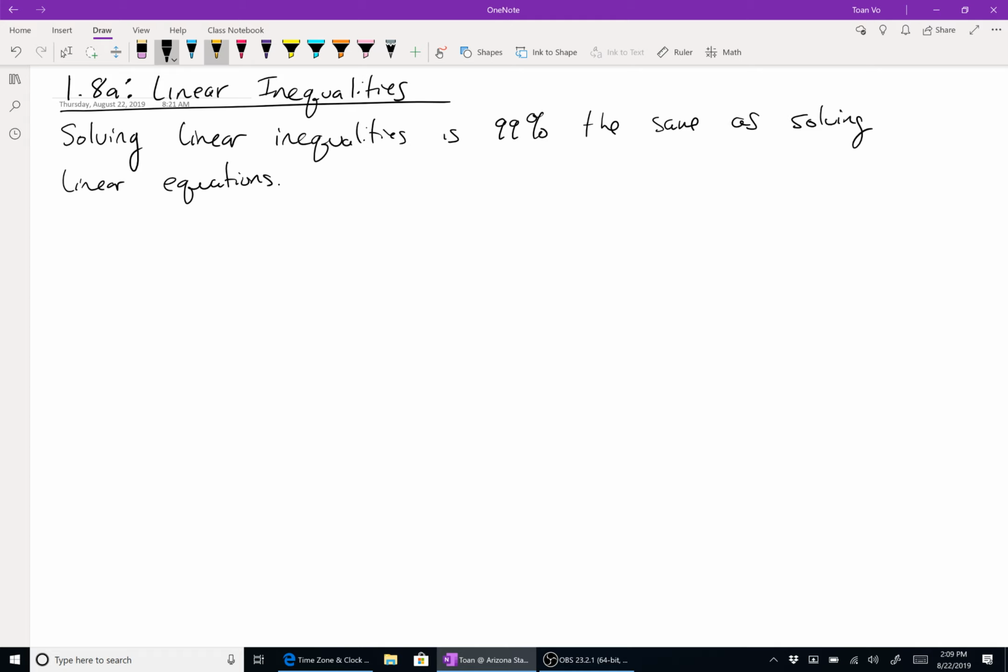What is the other 1%? And I'm not talking about the people with money. The other 1% is this. Whenever you multiply or divide by a negative, or whenever you reciprocate, that's a big fancy word that just simply means